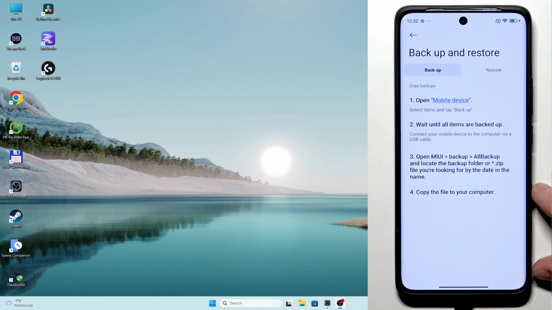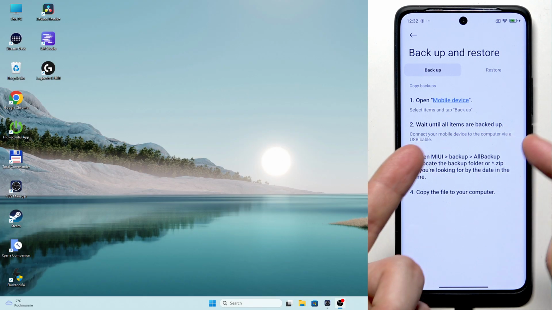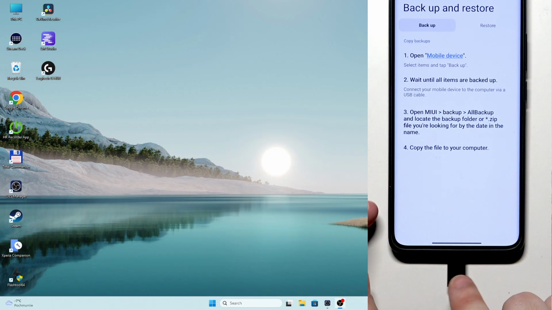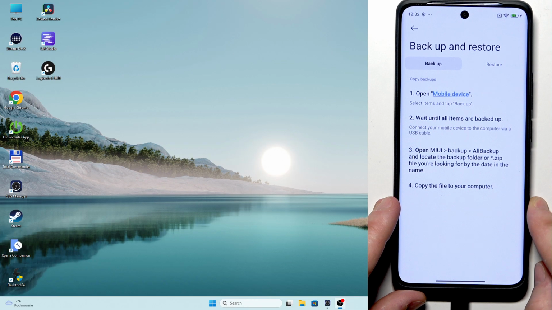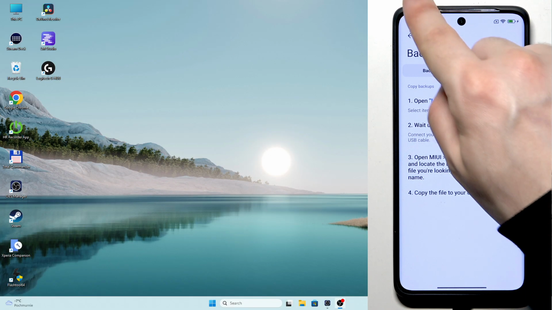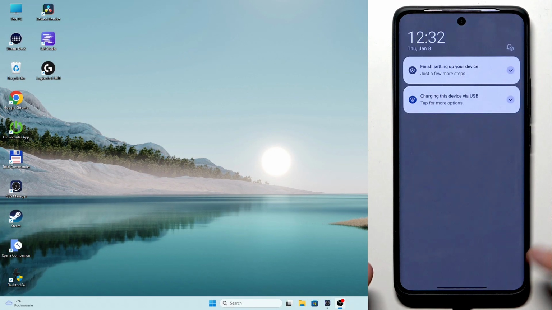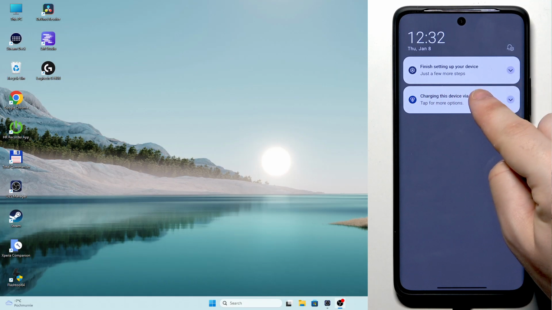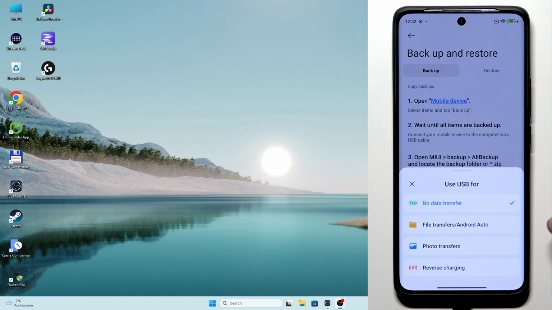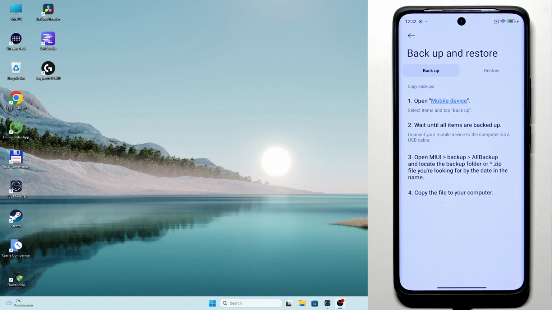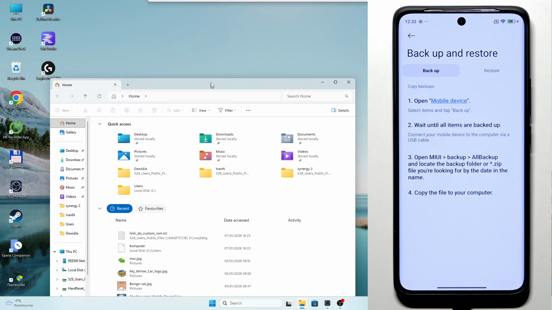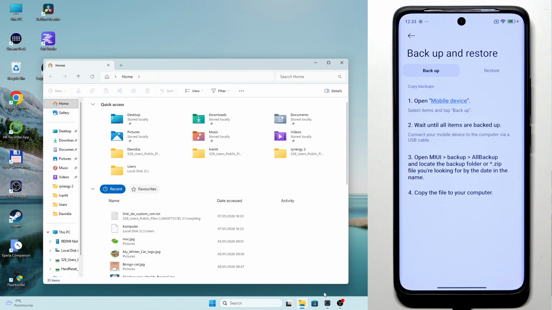Okay, now we need to connect our phone to our computer using the USB-C cable. Connect both devices to each other. Now on your phone, open up the notification bar and tap charging this device via USB and select file transfer / Android Auto. Now on your computer, open up your File Explorer,